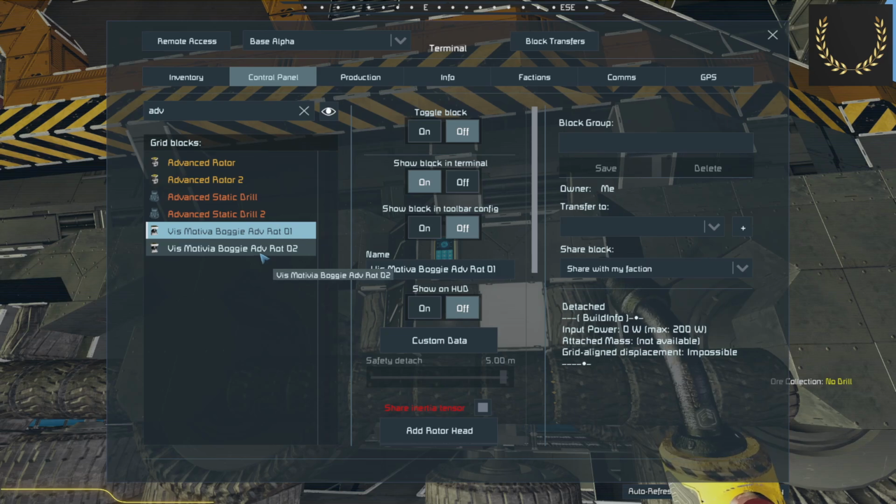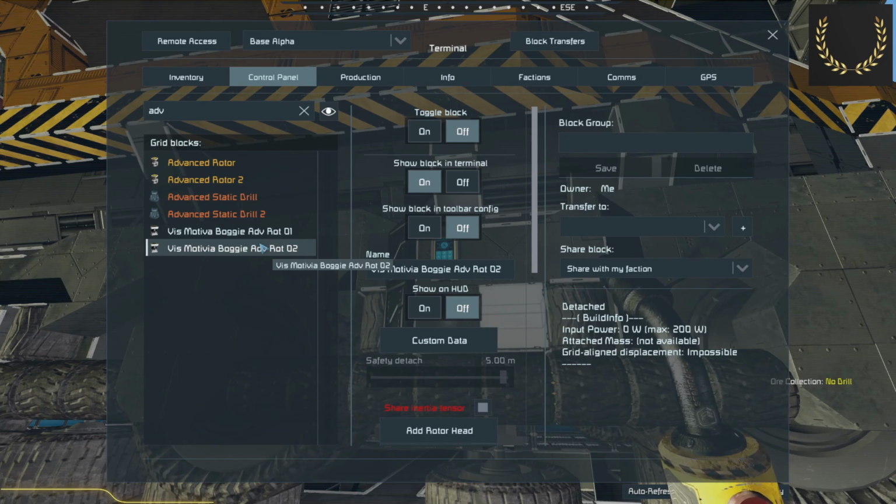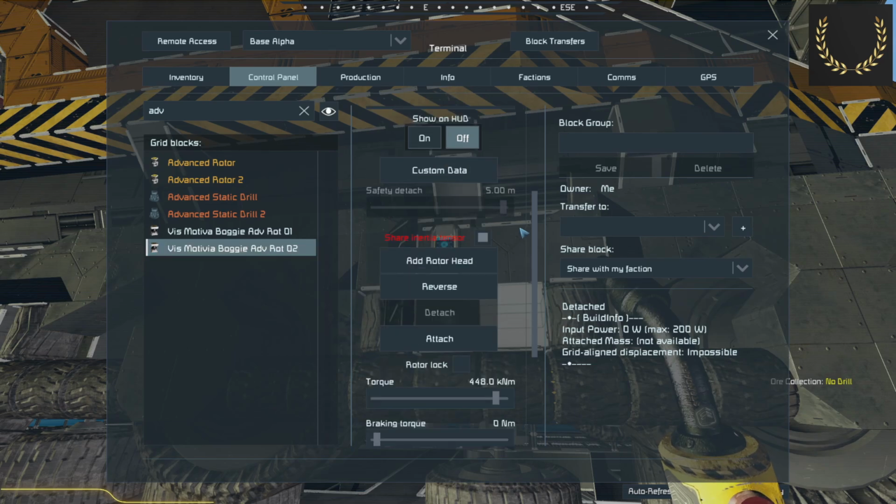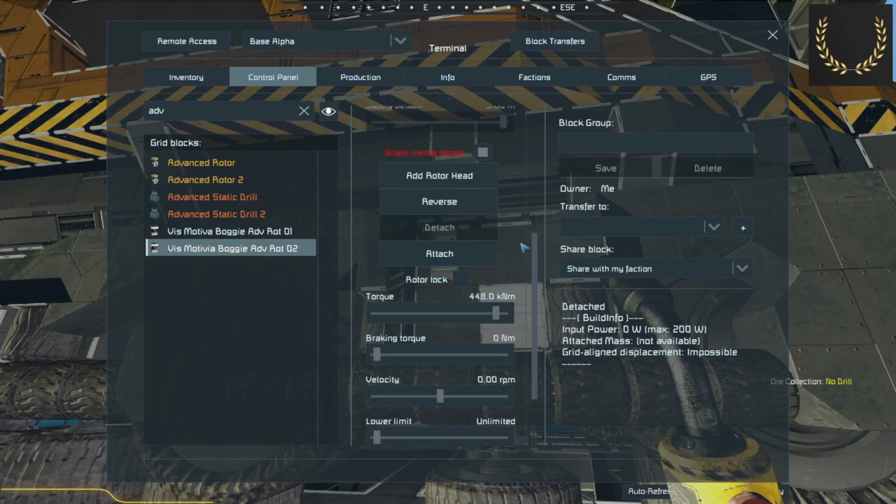These two advanced rotors, I named them specifically, so when you're building these grids, make sure you name the advanced rotor specifically so that you have to go in and do this part manually. Now this is the bit I'm worrying about. Hopefully this will work. If it explodes,